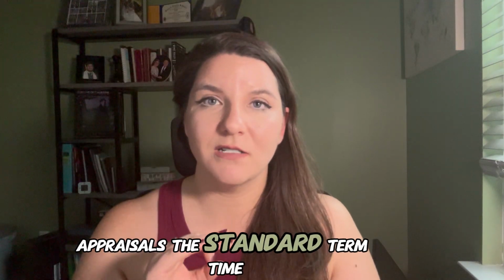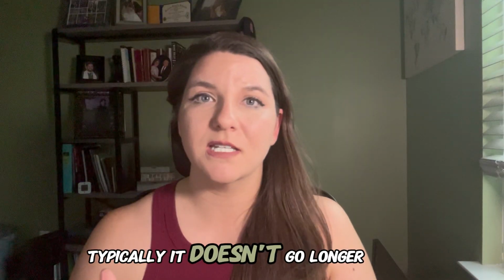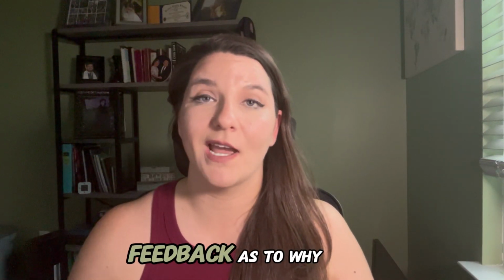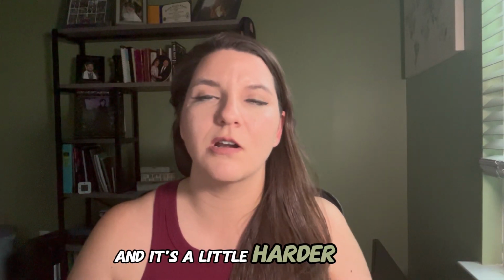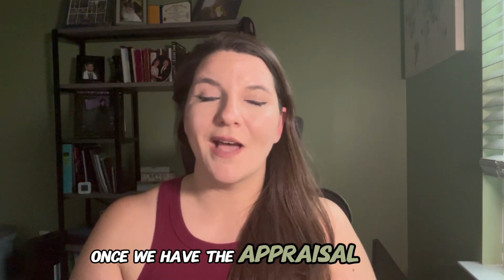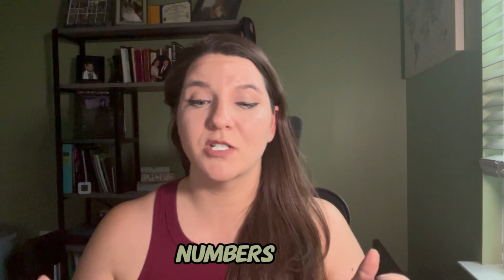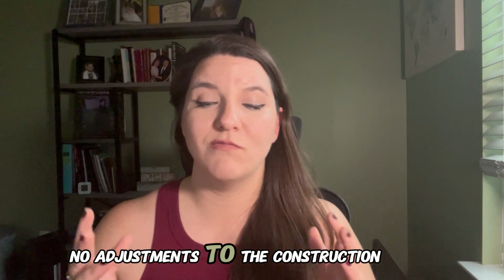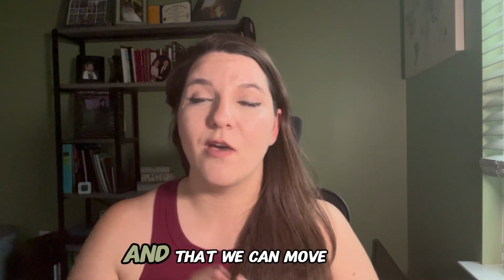Once we have everything from the builder and that initial approval, we'll move into ordering the appraisal. Appraisals, the standard turn time is 2 weeks. They have 2 weeks for a VA. Typically, it doesn't go longer than that, but if they do, they're required to let us know and give us feedback as to why. Sometimes it's a huge property out in the land and it's a little harder to do. Once we have the appraisal back, then we are getting a reconfirmation of all of the loan numbers and making sure that there are no adjustments to the numbers for your loan. No adjustments to the construction cost, and that the budget is set in stone